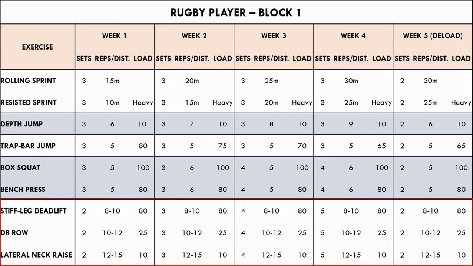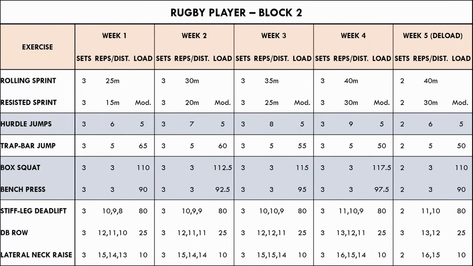In the second block, the training is progressed again to be slightly more specific. For our linear speed, the distances increase week to week as per the last block, although they start at a longer distance and progress even further. Also, the resisted sprints now use a moderate load rather than a heavy load, meaning that running speeds will be slightly faster. Reactive power now uses hurdle jumps rather than depth jumps,